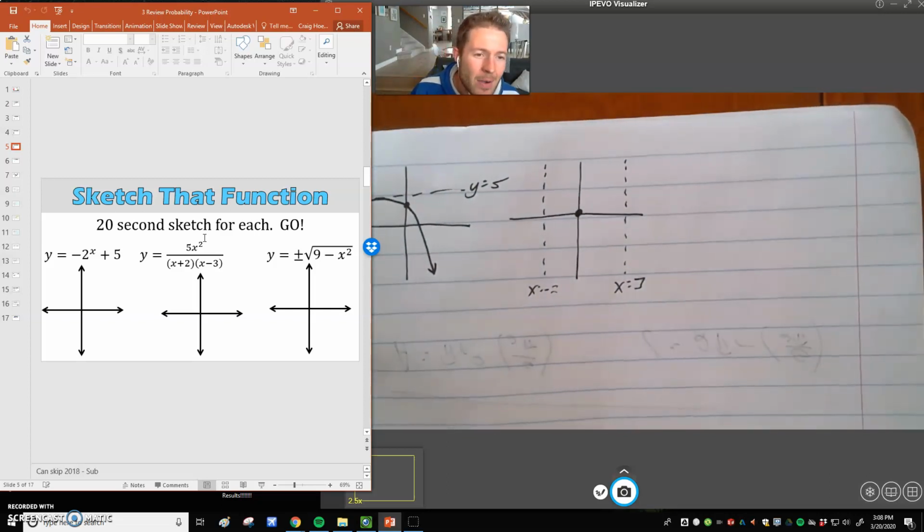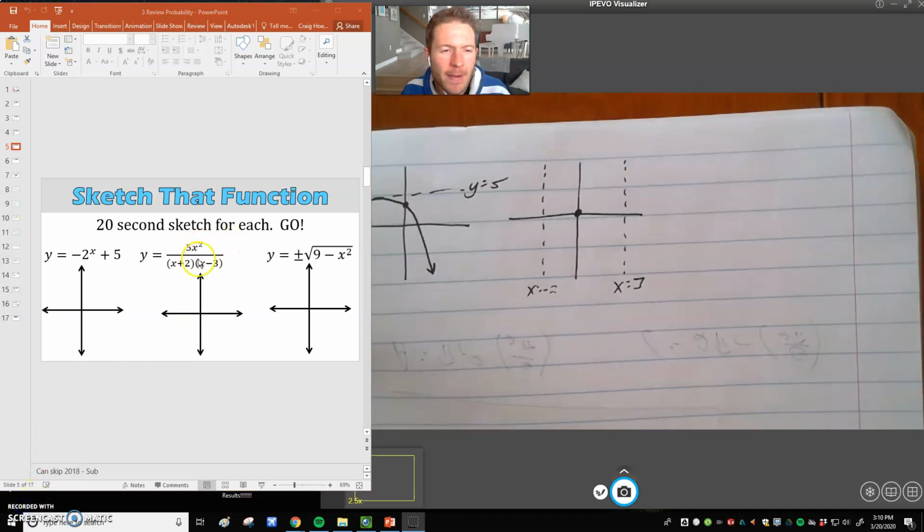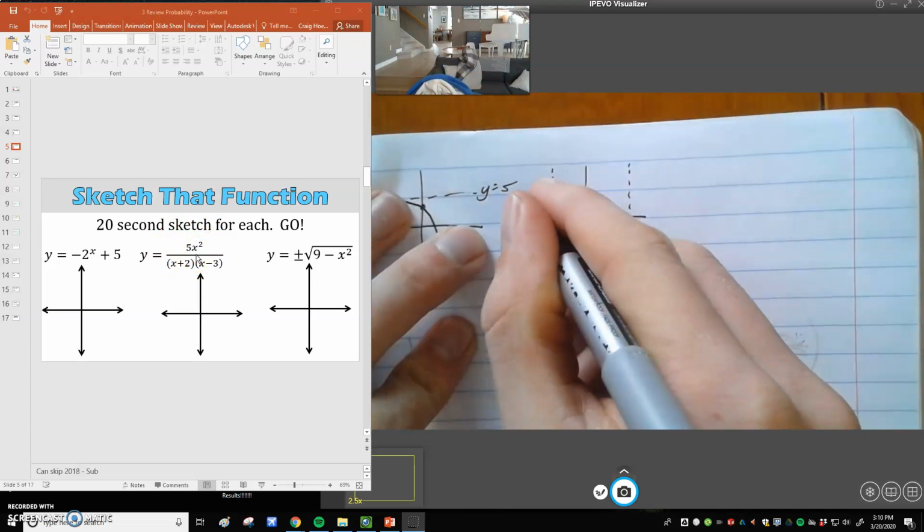Okay, and now it's kind of tough. It'd be kind of helpful to have a sign diagram or something along those lines. One other thing I forgot to mention: looking at the degree of the top and bottom, I see the top is second degree, and the bottom is also second degree. So then it's just the leading coefficients for our horizontal asymptote. Here we have 5, here there's a 1, so my horizontal asymptote is 5 over 1, or 5. So let me go back over here and sketch in